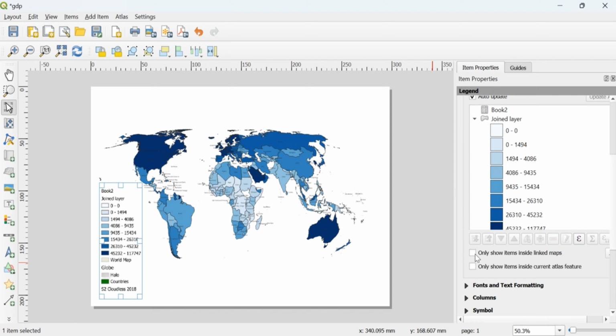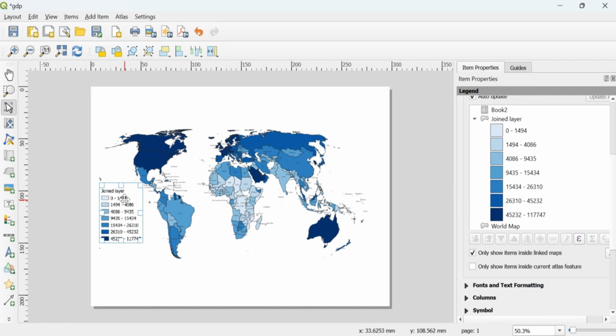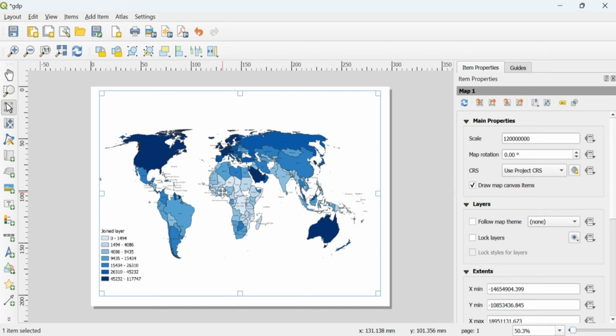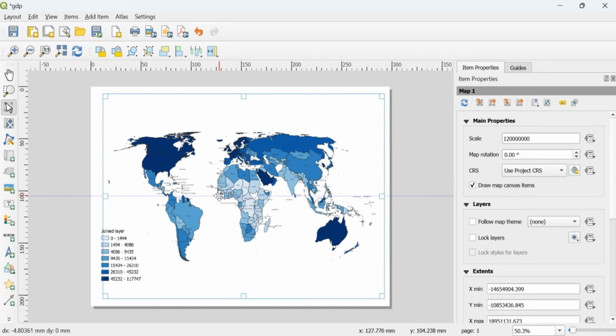It's always a good idea to check this so that you get only layers that are linked to this particular map, or only layers that are already showing on the canvas.